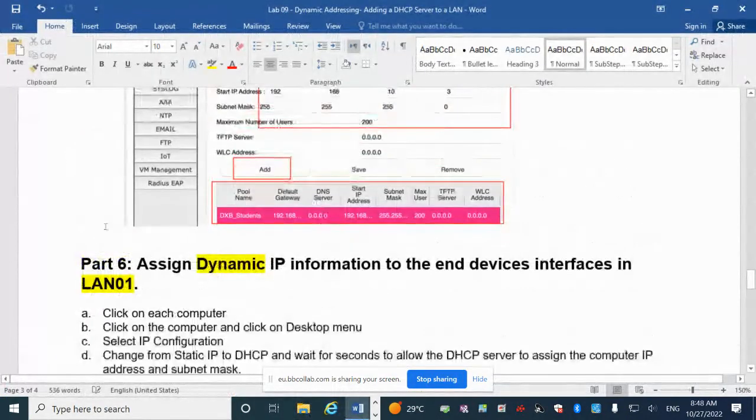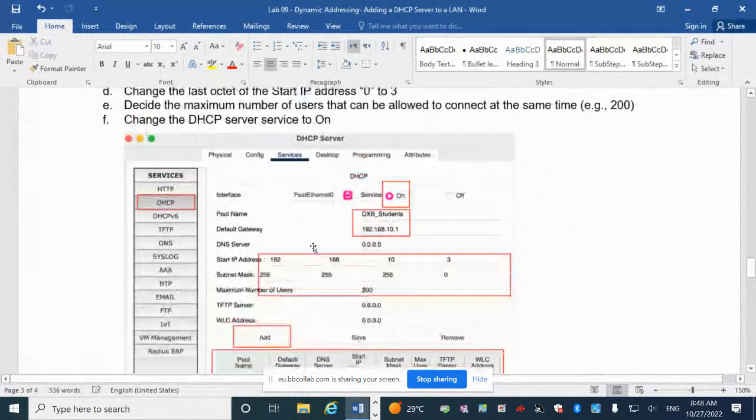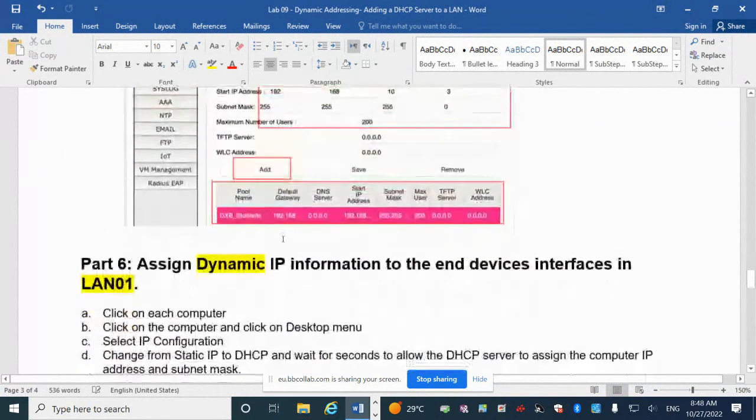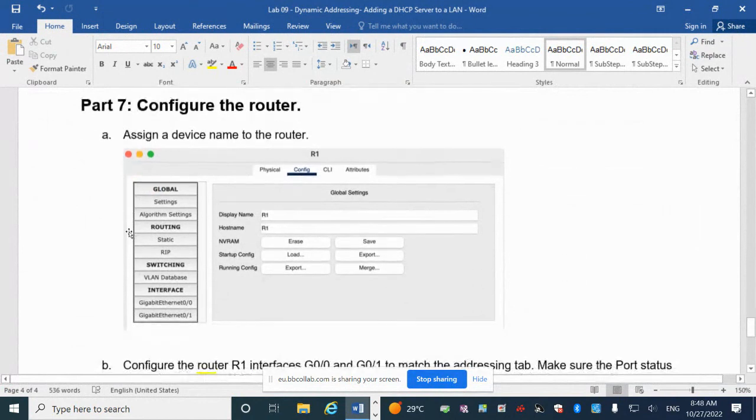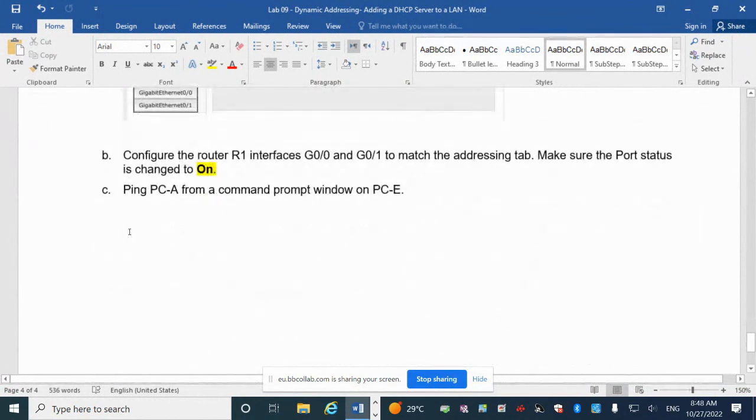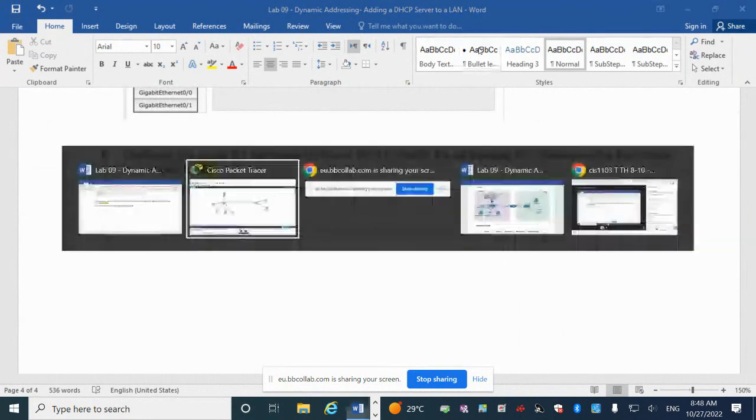Just make sure we have done all the steps. This is your router interface, default gateway. Okay, this is your DHCP server settings, dynamic IP information, router configuration already done. All right. Make sure the status are on. Ping PCA from PCE. Okay. So to verify,